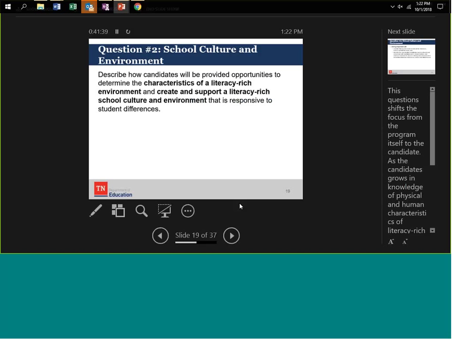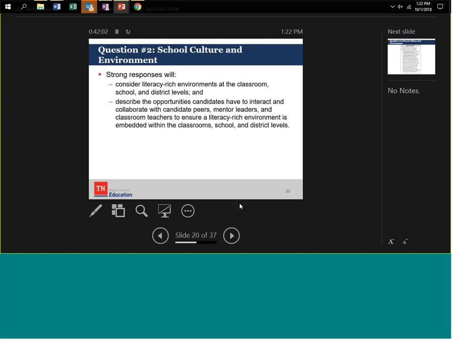Let's transition and talk a bit about question 2, which is around school culture and environment. This question asks for candidates to be provided opportunities to determine both the human and physical characteristics of a literacy-rich environment and be able to create and support a literacy-rich school culture and environment that's responsive to student differences. In providing guidance to answer this question, strong responses will